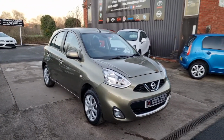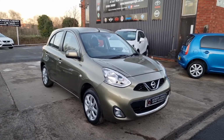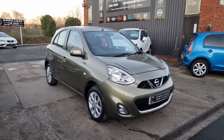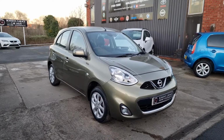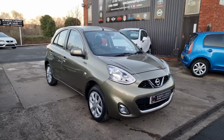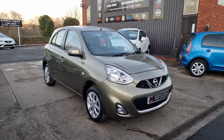Finance is available, of course, and the car will come supplied with a fresh MOT, 1 remote key, and our standard 6-month nationwide covered in-house supplied warranty. And we do work on an appointment only basis, so if you would like to come and view, please do get in touch. Our telephone number is 01989 769 900. You can contact us via email, sales@bowensgarage.co.uk, and for any more information, registration number, insurance groups, and specific technical specs, do have a look at the website